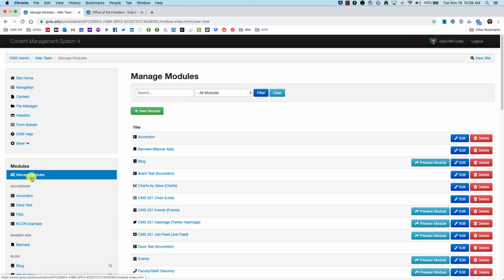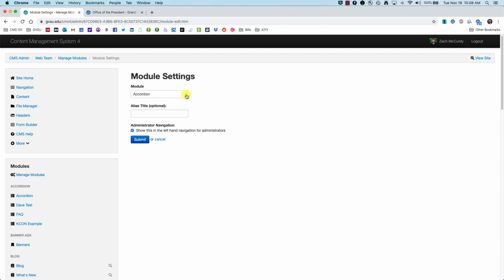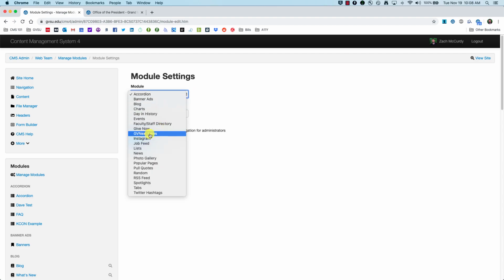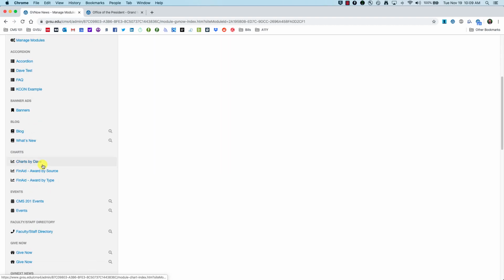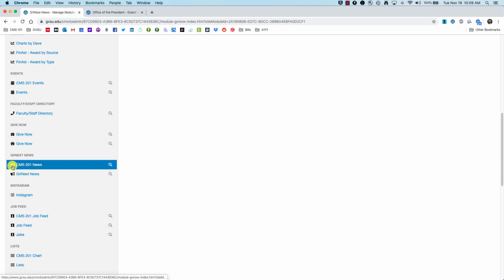Back here on our CMS, I'm going to click on the link that says Manage Modules. And then I'm going to click on the button here that says New Module. From this drop-down, I'm going to choose GVNext News, and then I can give this a title. So we'll call this CMS 201 News. And then I'm going to click Submit. So now if I scroll over here, you can see we have the CMS 201 News module over here on